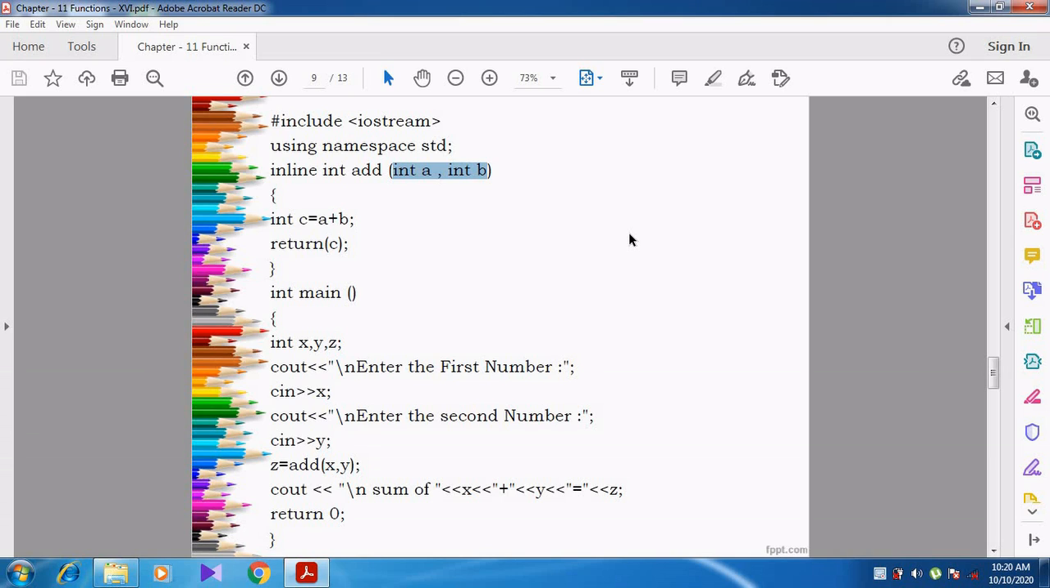Can you understand, students? We are calling the function add and passing the two parameters x, y. x, y is called the actual parameter. Then a and b is called the formal parameter. So x, y is assigned to the formal parameter a, b. x is assigned to a, y is assigned to b. Then inside the function